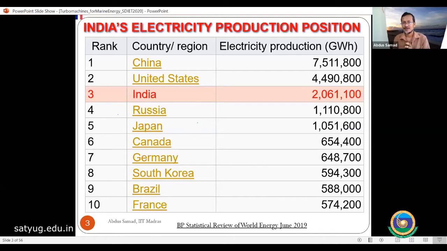And what is the scenario? A little bit I'll discuss that also, because I'm teaching oil and gas, because I was working in the UK for 2 years in the oil and gas industry. And I joined IIT Madras because they started an MTech in petroleum engineering, and I was hired to teach petroleum engineering. Then later I shifted to the marine energy area. So I'll give some overview of the oil industry also, and how we are moving from oil to renewable sources.